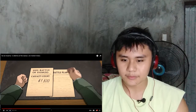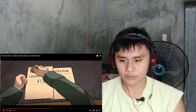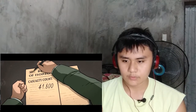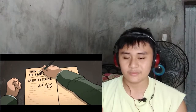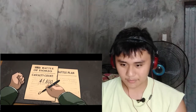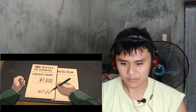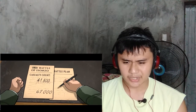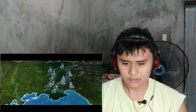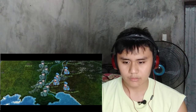Their elevated positions allowed the Austrians to neutralize the Italian numerical advantage, and the Third Battle of Isonzo would yet again see the Italians fail to meet their objectives. The Italians added 67,000 men to their casualty count, with the Austrians taking 41,000. My god. The Fourth Battle of the Isonzo launched November 10th, with the Italians once again focusing on the area